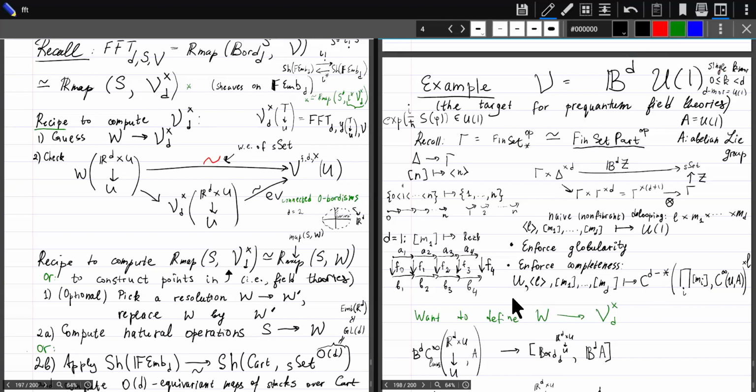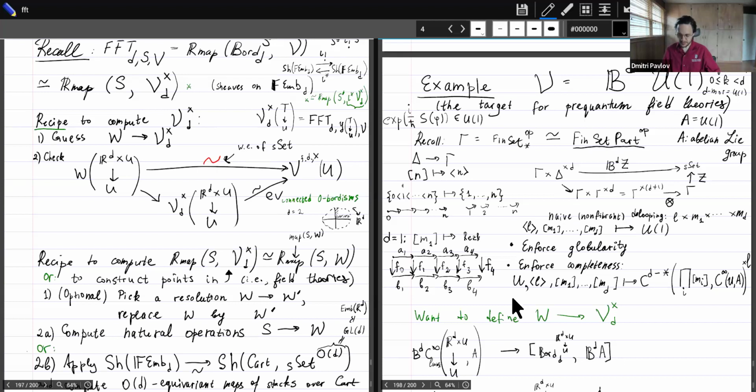So one more question. The idea is really you have this default delooping, but at first you really only have it as just a presheaf on gamma times delta to the d power. So then you have to make it fibrant so as to be an infinity category in the proper sense. And the fibrancy construction is what you just did. Yes, precisely. So that's what I mean by enforce,